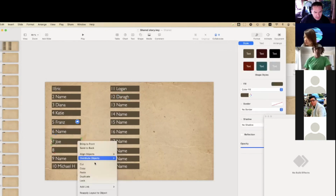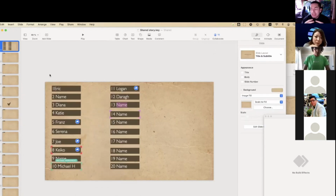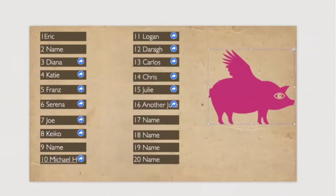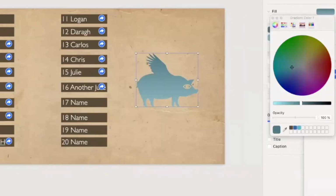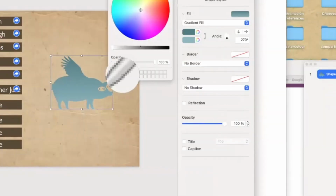Go to slide number 7. The topic could be about the virus or about natural life, whatever you want to do. So, for example, if you have this kind of shapes, of course, you can change the style and choose gradient fill. And when you are choosing a color, you can use this rainbow tool. You can choose this eyedropper tool and choose the color of the background, for